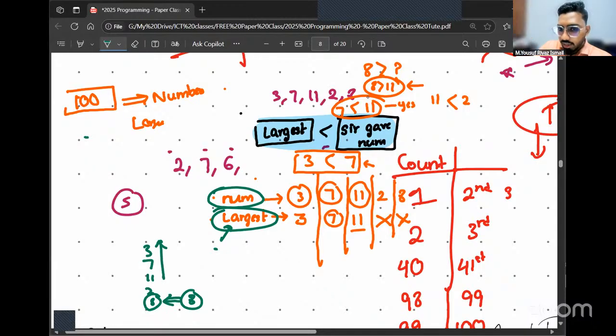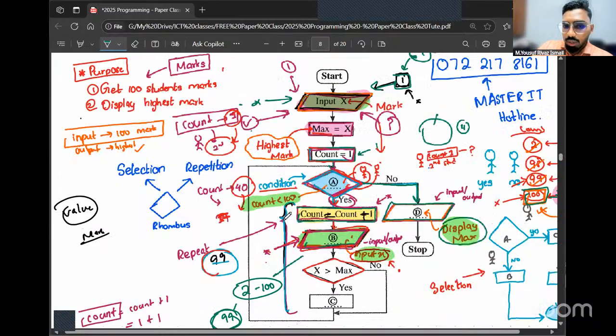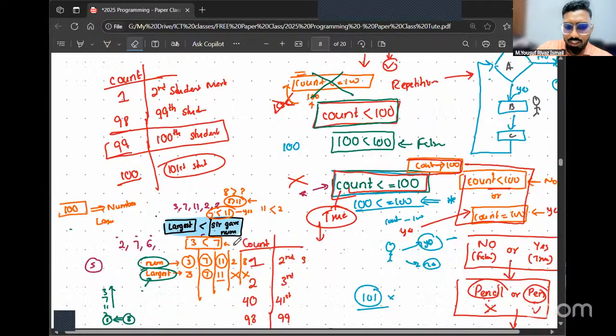Just like how your mind works there, in that program, we have the variable called x. From here, you're going to get the first student's marks in x. So x is going to store the first student's marks. Once I get the second student's marks, I go and mention the second student's marks, then the third. I don't have to bother about the previous student's marks. Currently, in this program, what's going to happen is the variable value is going to be replaced. It's getting rewritten.